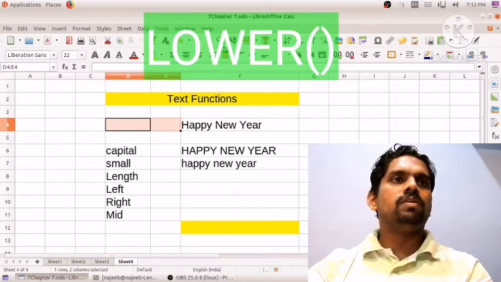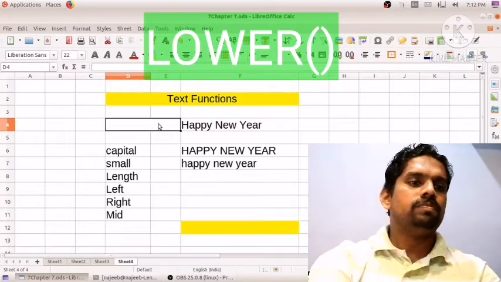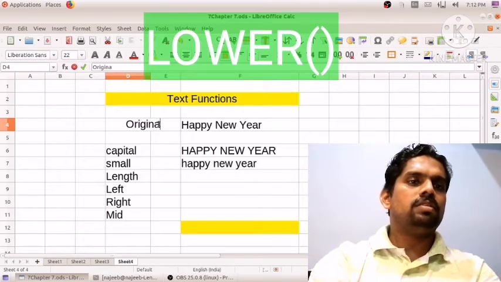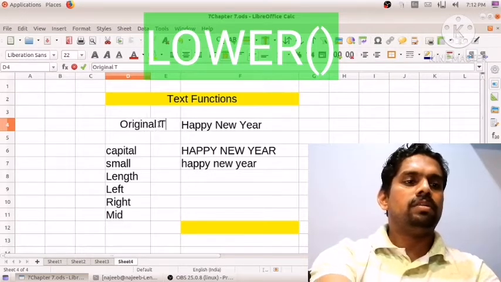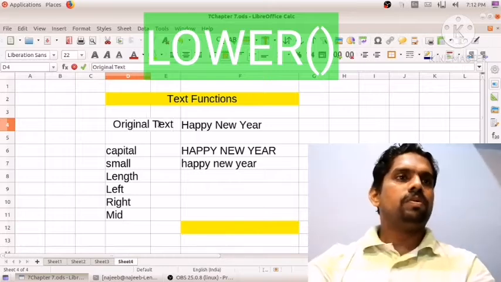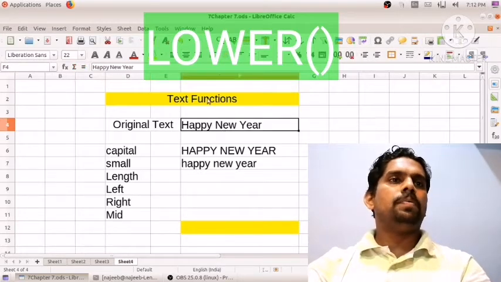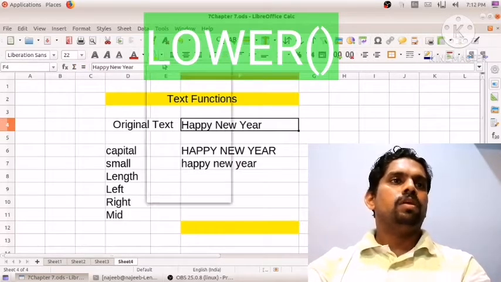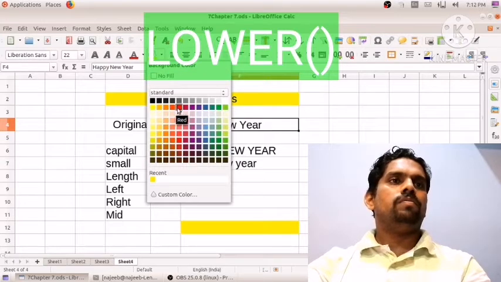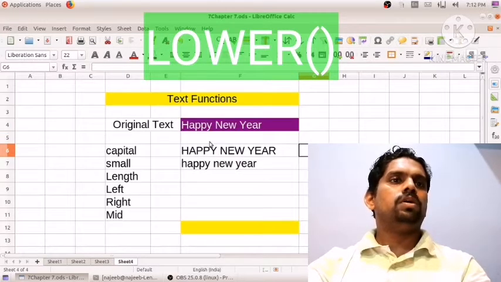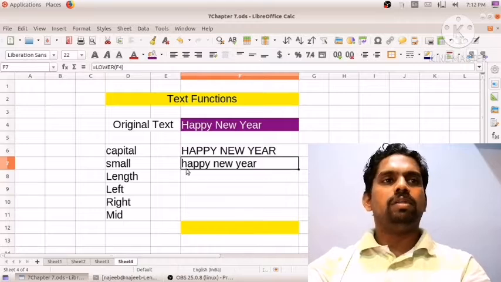So this is our original text, I am using it here as a title. From this one we converted Happy New Year into full capital letters and small letters.